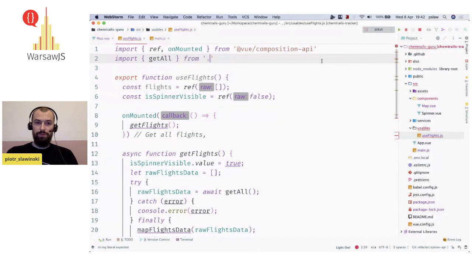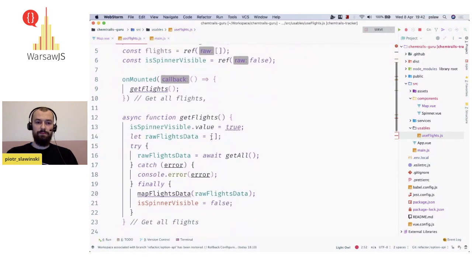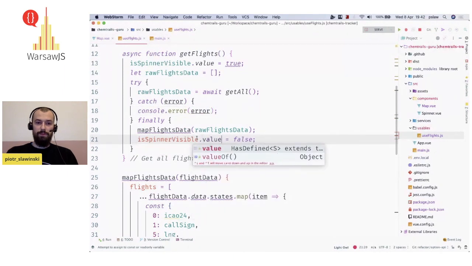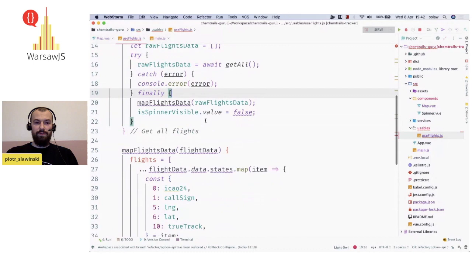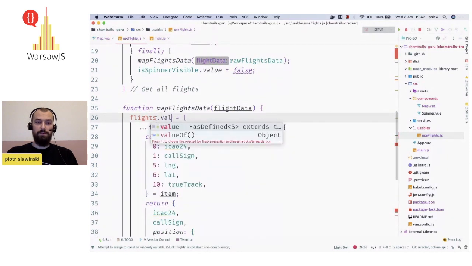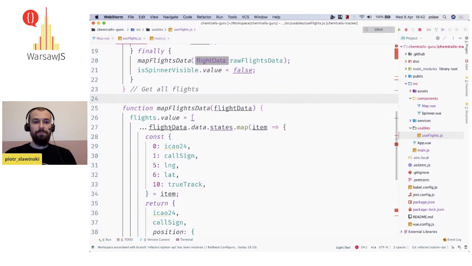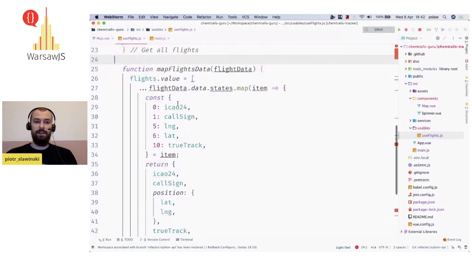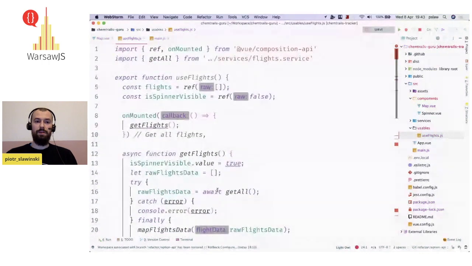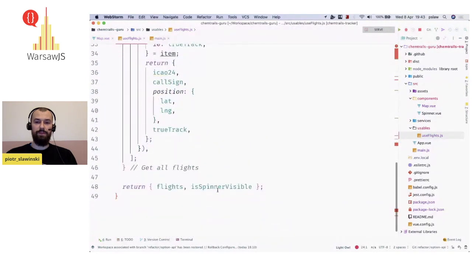It should be here. Great. Good. And what else? Okay, this is the same situation with value. Great. Okay, we have another function, and we need to access this array, so we added value over here, and we are returning flight spinner. Okay, I think it's all good in this file,